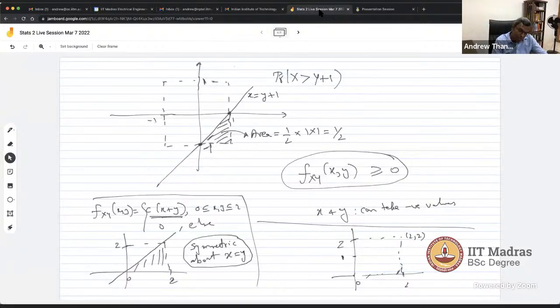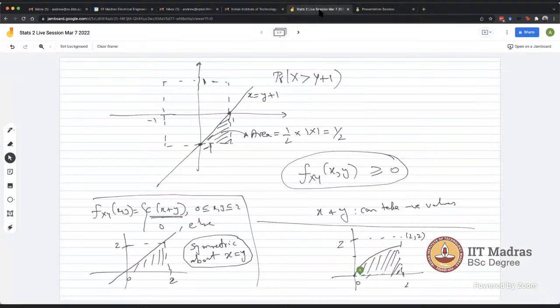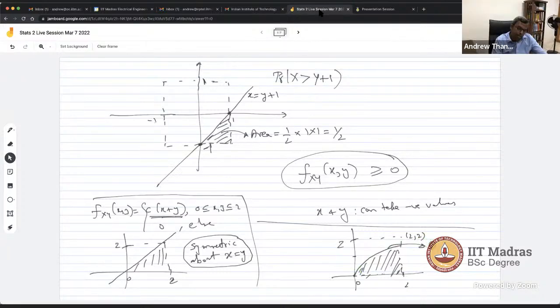So x equals y squared. So when will x equals y squared be 2? So it will be around 1.4 or something, right? So maybe I should draw it correctly. So it will come somewhere here. Is that okay? Is this fine? Right? Yes, sir. Okay. So this is x equals y squared, and you can set up an integral and do